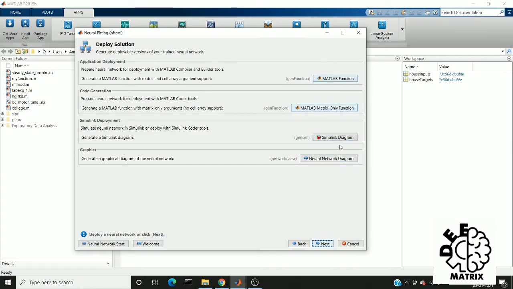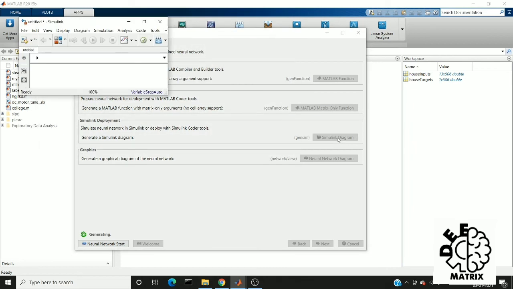Here we have a few options. We can generate the Simulink diagram for the model which we have trained, or we can also define a function for the trained model. I'll show you the Simulink diagram. It will generate Simulink blocks which mimic the model we have trained.